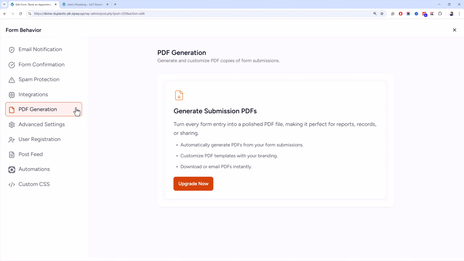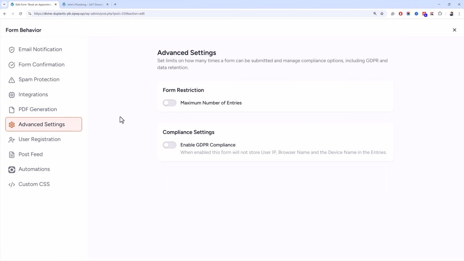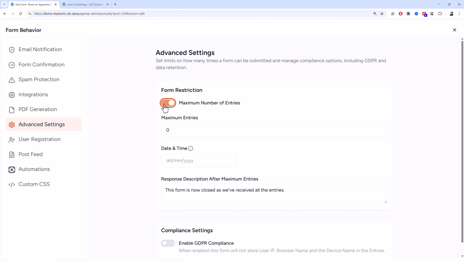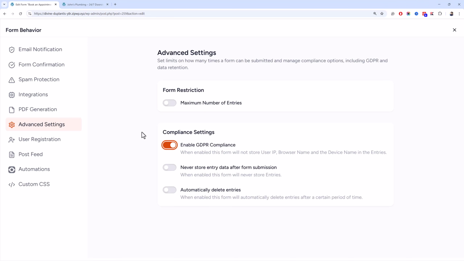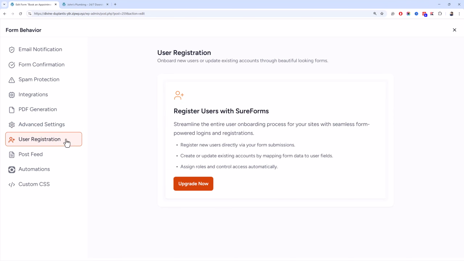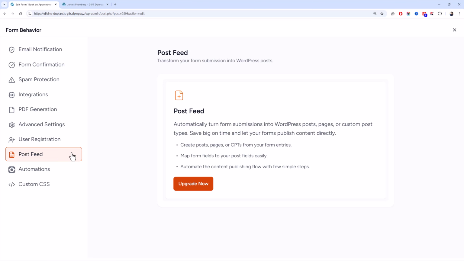You can also generate PDF in the Pro version, and there are some advanced settings, like if you want to restrict the number of entries, you can add compliance settings for GDPR, and you can turn this form into a user registration form in the Pro version, or use the post feed feature.